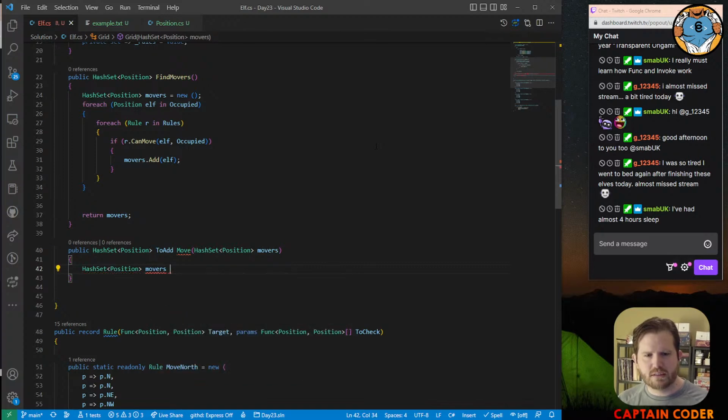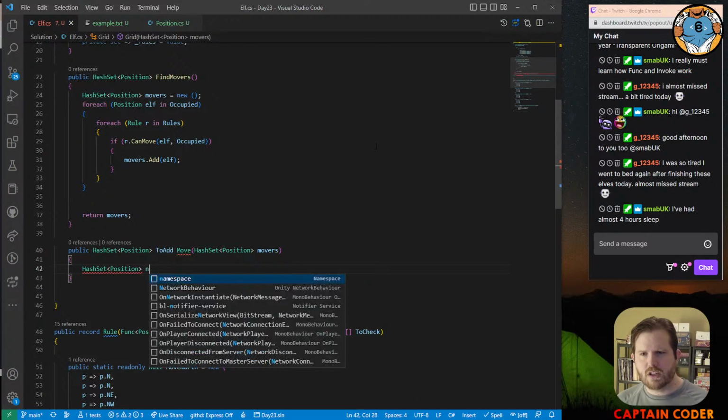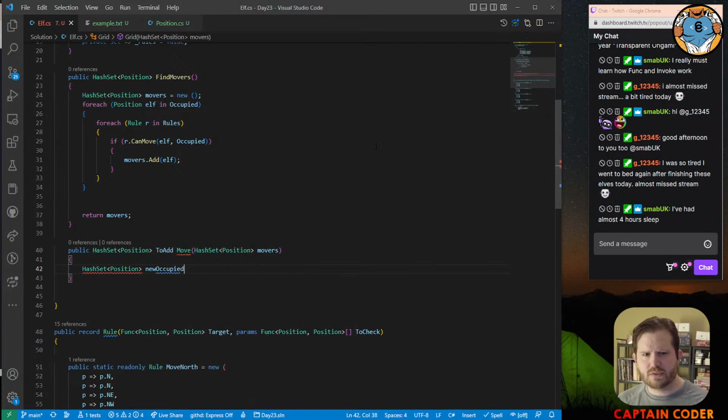Movers. Can't call it movers. New occupied. So it's going to be like when we see someone, they move into this, and then we sort of like